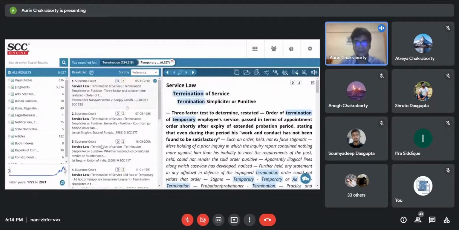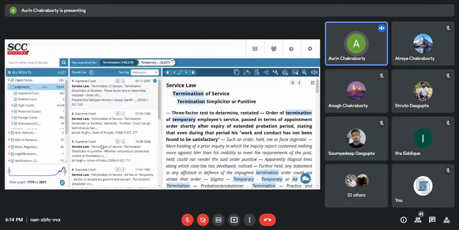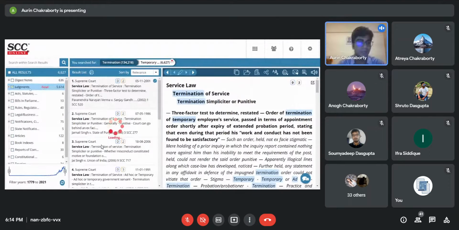And there you'll have the results. Now you'll just see how 1,34,218 results have been directly narrowed down to 6,627. Now, essentially, if you're looking for judgments, we can just click on judgments only, and even if you want